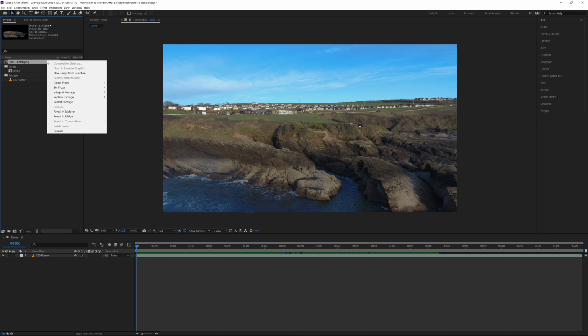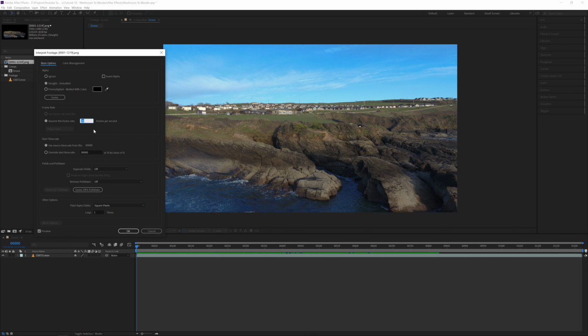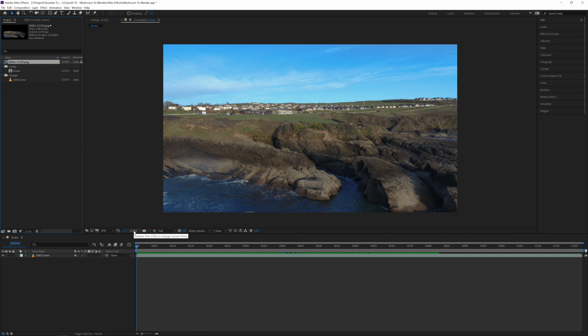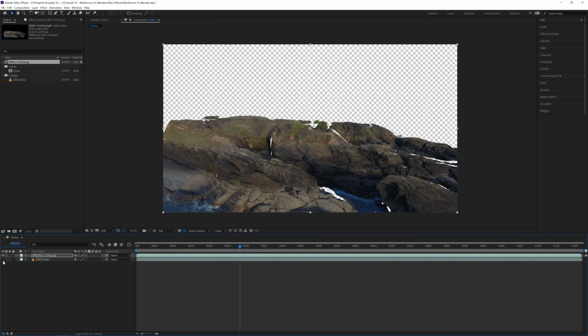If your composition is already this frame rate, then you can simply drag it into your composition, but as mine is 23.976, I'll need to change mine, else my sequence won't match up with the footage. To do this, right click the file, go to Interpret Footage and then select Main. Next to Assume this frame rate, type in the frame rate of your original footage or composition, so in my case 23.976, then hit OK. After Effects will now play this file back at that frame rate. Now drag your sequence into your composition and scrub through the timeline to make sure it lines up.